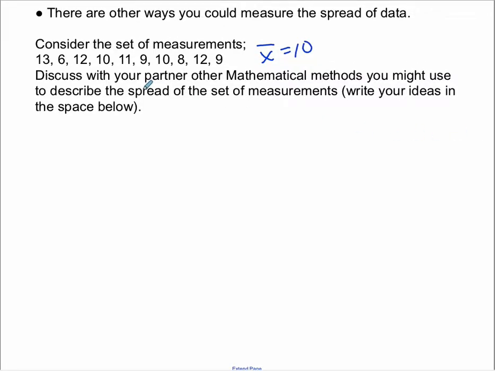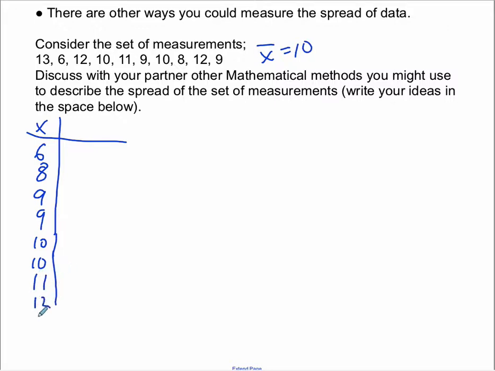Okay, so I'm going to start by making a little table here. So we're going to do this by hand and then use technology, because this kind of stuff can get pretty tedious. I'm going to write the x values in order, but you don't have to do this. I'm just going to do that to keep myself organized. So we've got 6, 8, we've got 2 9s, we've got 2 10s, we've got 11, and we've got 12, 12, and 13. Okay, and then I'm going to make another column called the deviations,